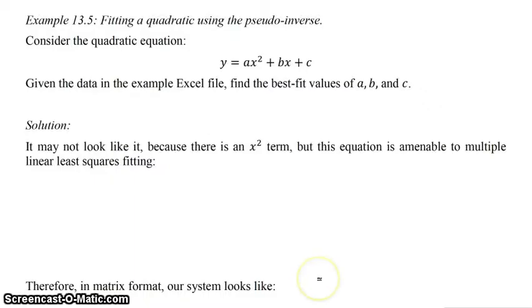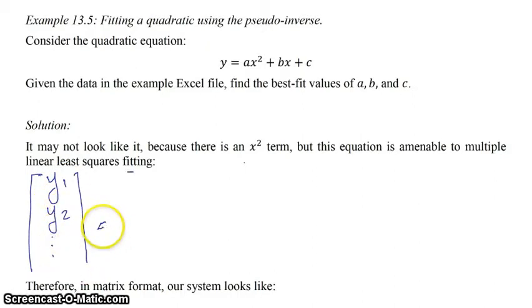Now, how do we do this? It may not look like it because there's an x squared term, and you're probably used to seeing x squared meaning that these equations are nonlinear, right? But this equation actually is linear in the parameters a, b, and c, and so it's amenable to least squares fitting. And so the way this is going to look is that you have your vector of y values for each one of our data points